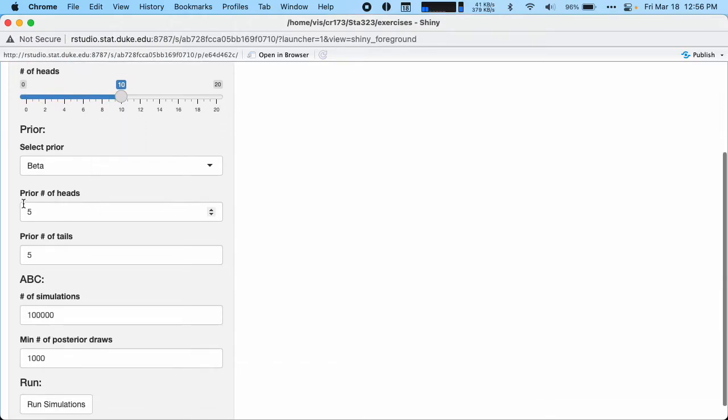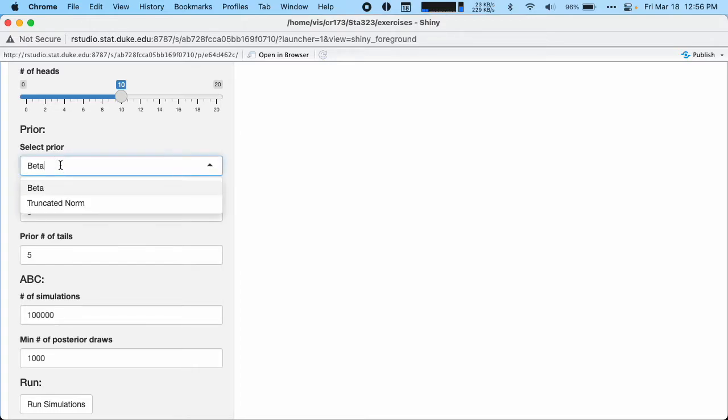So note, when it launches, we see that beta, and now it's added those UI elements for me. I can change it to truncated normal, and it'll switch to mu and sigma. So hopefully this gives you a scratch in the back of your head that tells you how powerful this is, because basically I can use my Shiny app to rewrite my UI dynamically. I can add whatever I want as I go through all of this stuff. So you can make incredibly dynamic apps in this way by just changing these things, and it's all just done